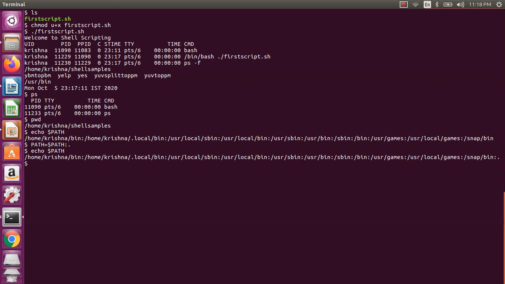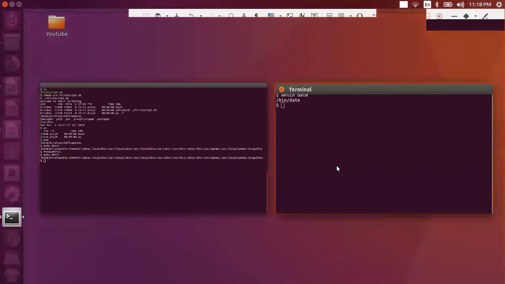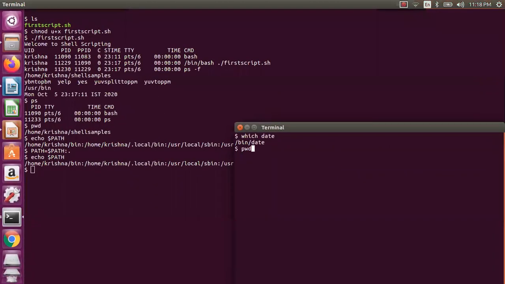Before doing that, let us go to the shell samples. Now let us try like this. I say first_script.sh. It will not work, because it will say command not found.